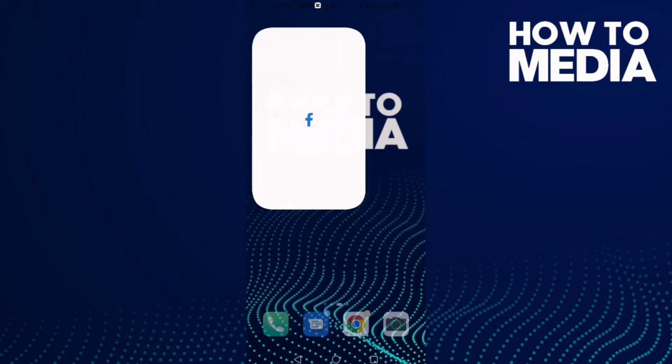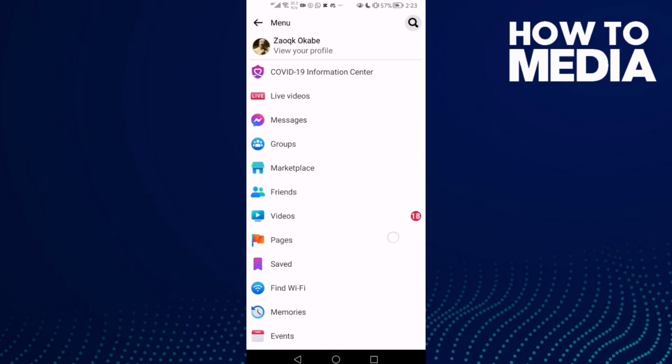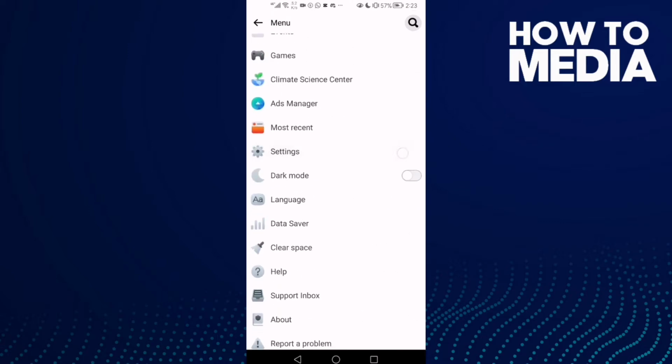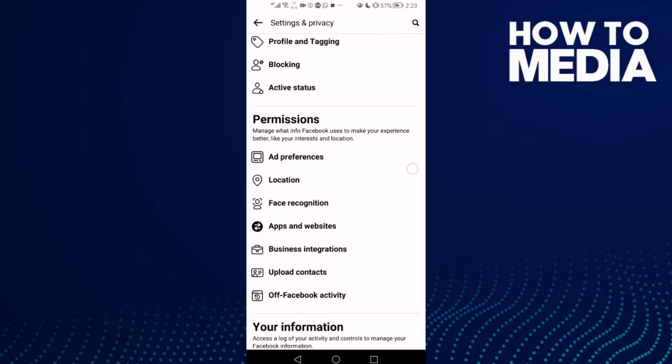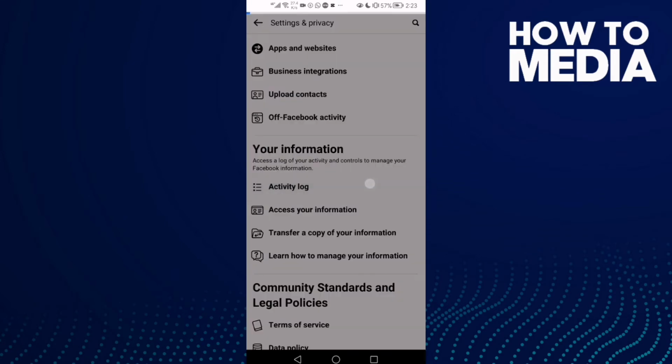First thing, go to Facebook Lite. Here you will find these three lines in the top corner. Click on it and go down until you find settings, and then click activity log,